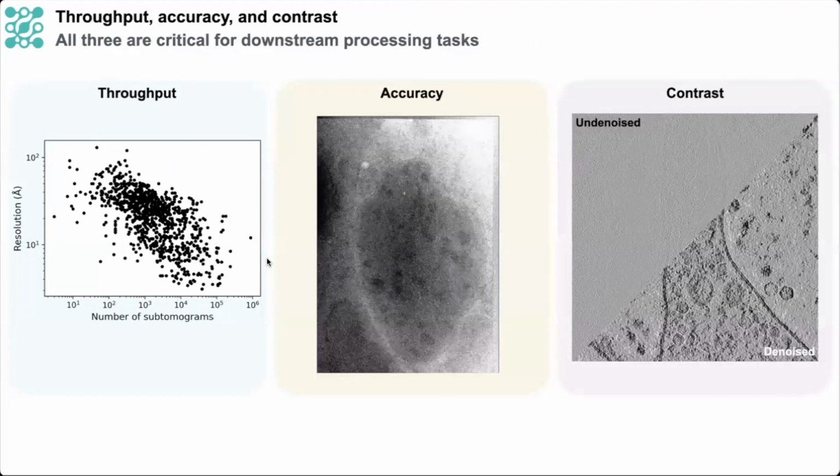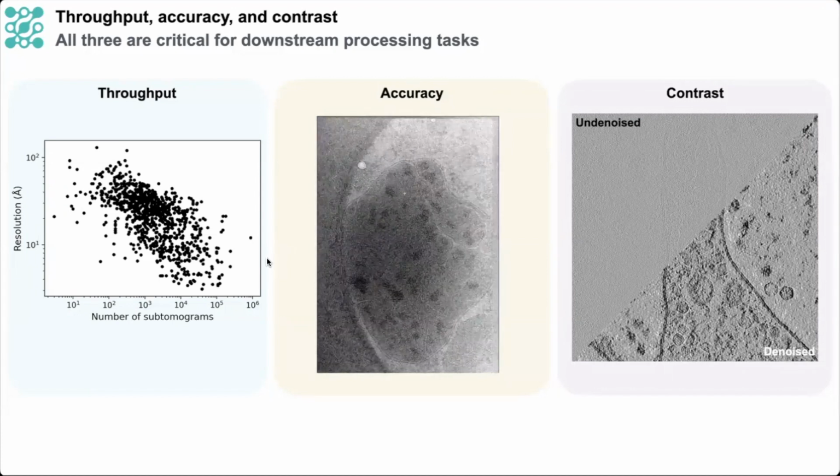Thanks to parallel data acquisition schemes like PACE-tomo, we've been able to routinely collect over 1,000 tilt series per week on a single Krios. But realizing the full potential of this accelerated data collection requires that data processing be able to keep pace. Ideally, we'd like to provide users with tomograms in real time so that they can adjust data collection as needed and immediately start the downstream tasks of particle picking and STA.